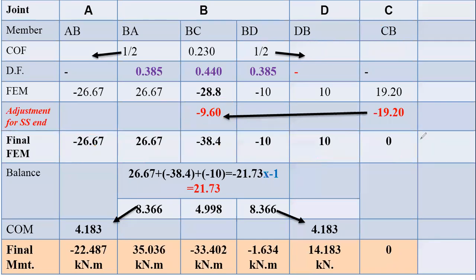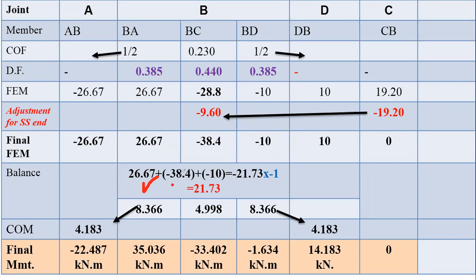Now for this final fixed end moment, we have to perform the iterations, that is, the balancing step or the carryover moment step, our cycle. Here we have to consider joint B, but in case of joint B there are 3 members, BA, BC and BD. Till now, B had only 2 members. Here there are 3 members, but the funda remains the same. The basic concept doesn't change. Make the algebraic summation of moments at a joint, multiply with -1, same funda, no change. Here we only have to sum 3 moments.